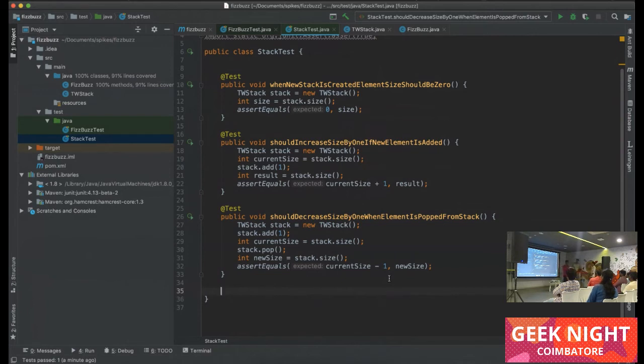So now we are checking the size of the array. The next test case, we will check the return type from the pop. So basically, we are testing if the pop returns the last input element. So our test case should describe the operation. Check if pop returns the last pushed element.